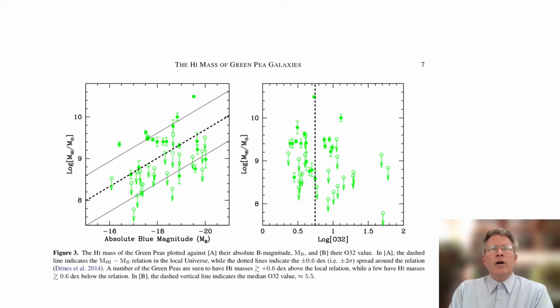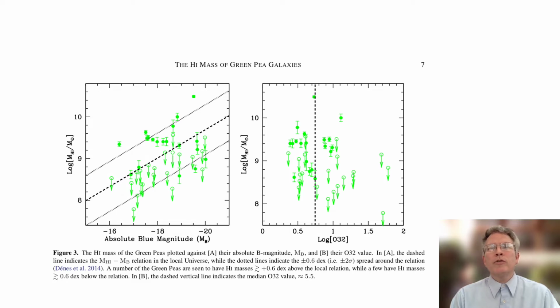So there's other work ongoing in the green peas and radio business. Nissim Kanekar and Shonalika Burkayasta have recently been working on our first paper based on interferometric results. It's too early for me to say anything about that, but stay tuned. With that, I want to turn my attention now to work we've done using green peas as high redshift analogs, and deriving from the observations of green peas interesting relations that we hope to apply to the high redshift universe